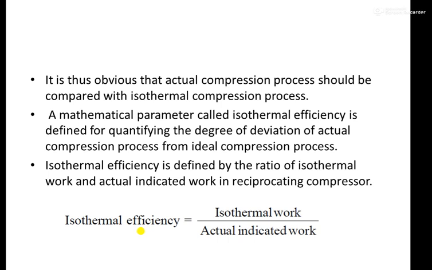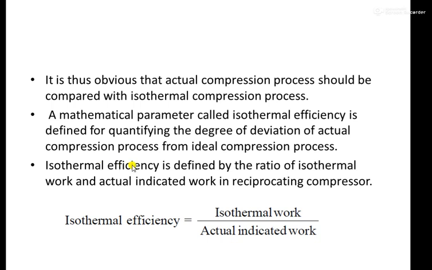So it is obvious that the compression process should be compared with the isothermal compression process. Actual compression process, that is either adiabatic or the polytropic process, should be compared with the isothermal compression process, and the mathematical parameter called isothermal efficiency is defined for quantifying the degree of deviation of actual compression process from